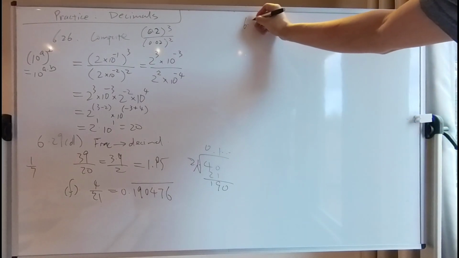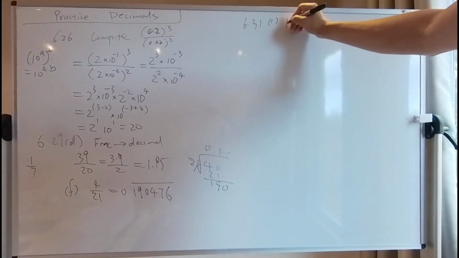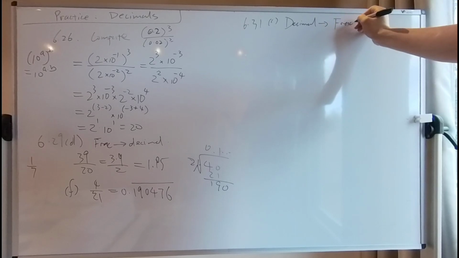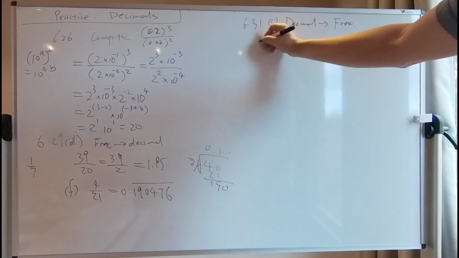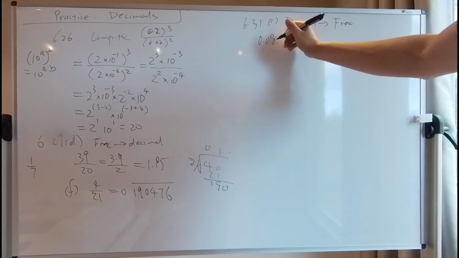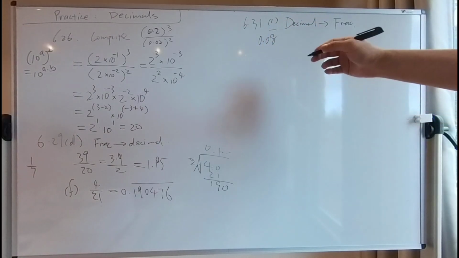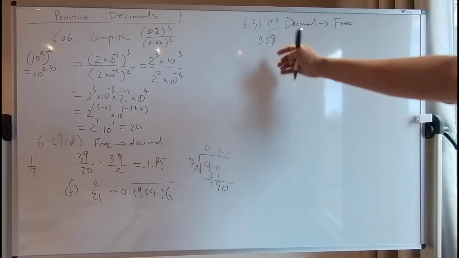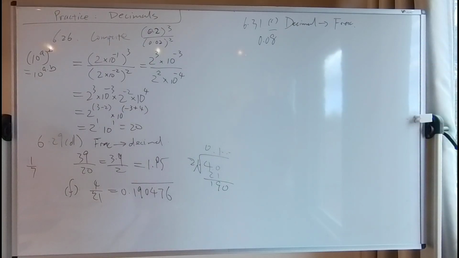Okay, next one. Convert decimal to fraction now. So this one is 0.08 with 8 repeating. So basically, what we had in the previous example, if you only have one digit repeating, you probably just need to multiply by 10. If you have 2 digits repeating, looks like you need to multiply by 100. So how many digits repeating? You're multiplying by that many powers of 10. So this one,